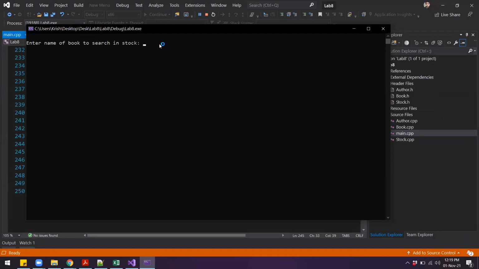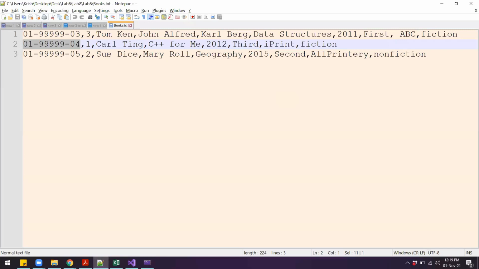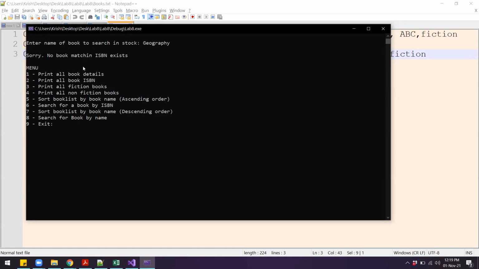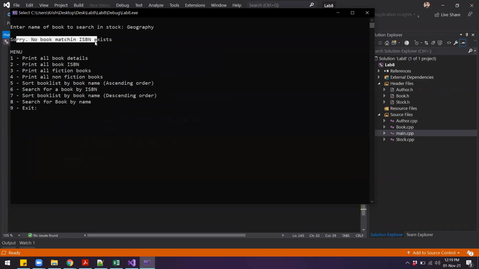Enter 8. It says enter name of book to search in stock. So let's enter geography. It says no matching ISBN exists. So this is basically just a print message. We can change that, but we are not getting the correct book. So let's see where the error is.